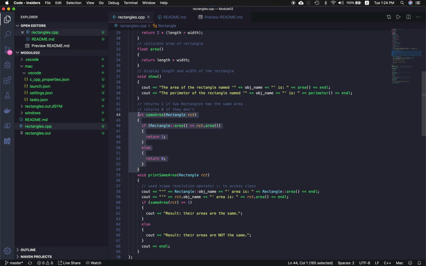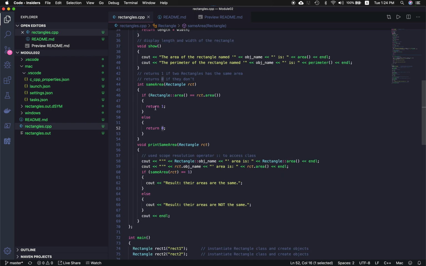It will return an integer data type, but in this case it will return 1 or 0. It's just another way to have a boolean to say this is true or false. It's a nifty trick. Okay, so here we can see that we have an if statement, and this if statement